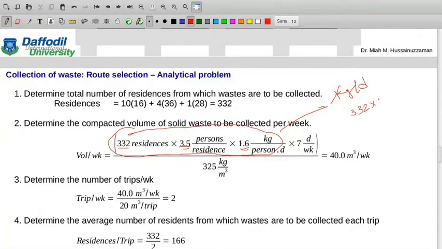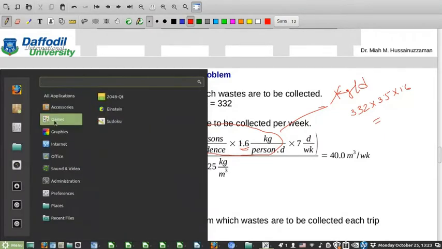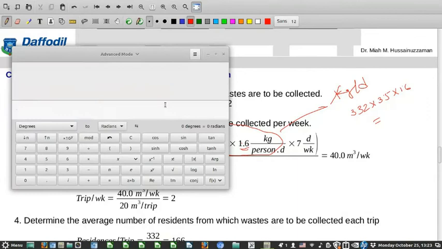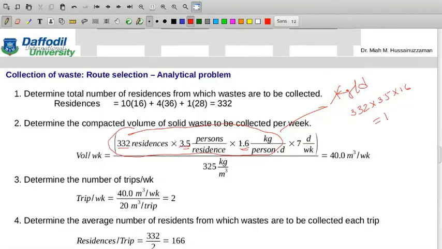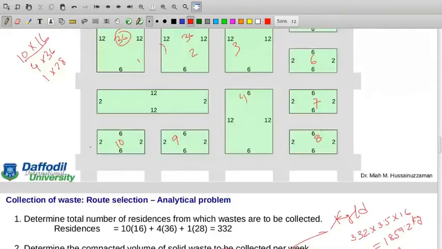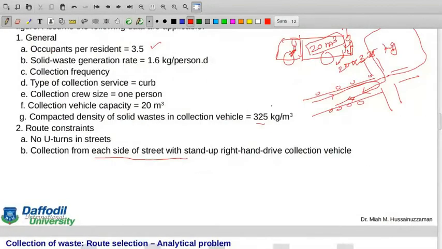332 into 3.5 into 1.6 kg. How much is that? 332 multiplied by 3.5 into 1.6. So this is 1859.2 kg, and that means 1859.2 divided by, because the density was 325 kg per meter cube,